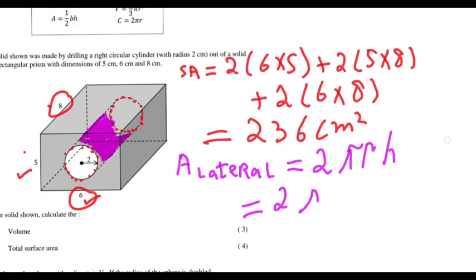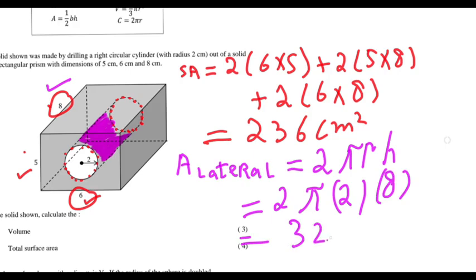For 2 pi radius we got 2 multiply 2 and the height we got 8. Remember I told you that's the height 8. So my answer is 32 pi